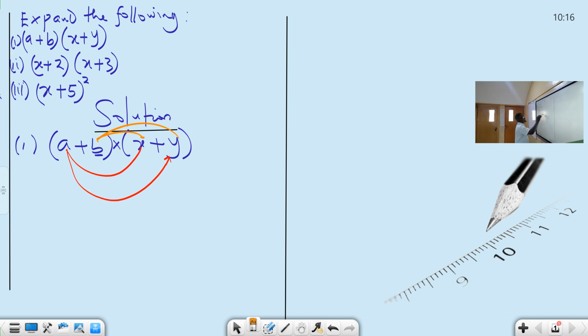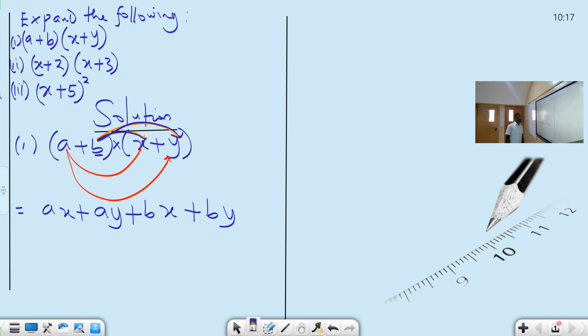Plus b is multiplying this x, and it's also multiplying this y. So it is that simple. What that means is that to simplify this, we take a multiplied by x, which is ax. Plus, take the sign, a times y is ay. Then plus b times x, that is bx. Then plus this same b times this y, which is plus